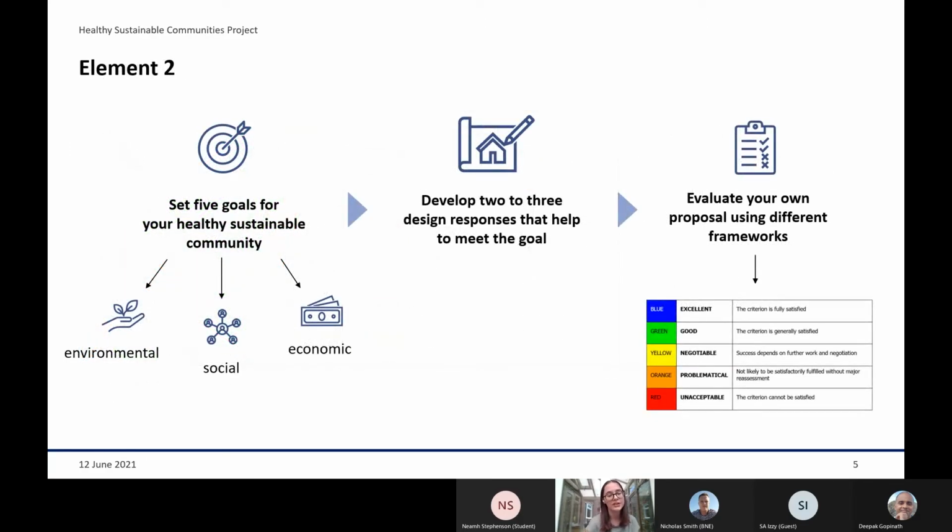For element 2, you set 5 different goals, and these are environmental, social, and economic. And these goals also have to make sense in the context of the site and the surrounding area. And to support these goals and to make sure that they're actually met, you develop 2 to 3 design responses per goal. For example, if surveys have shown that